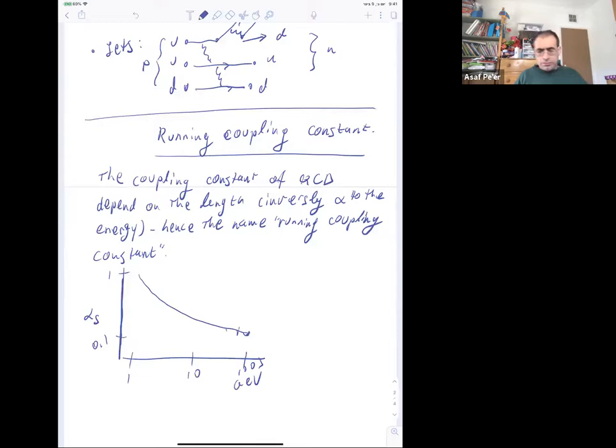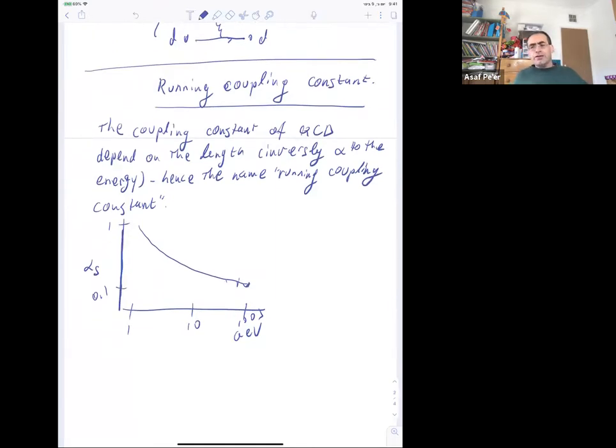So what really happens here? Just to give you again heuristic arguments, the coupling constant is a simplification of a more complex physics. So how can we understand that? The thing to realize is that the vacuum, when we speak in the realm of particle physics,